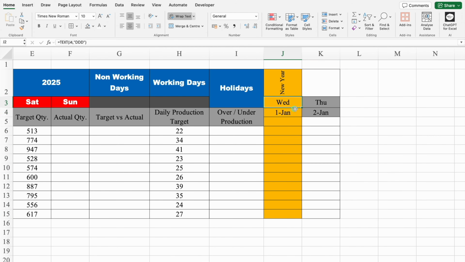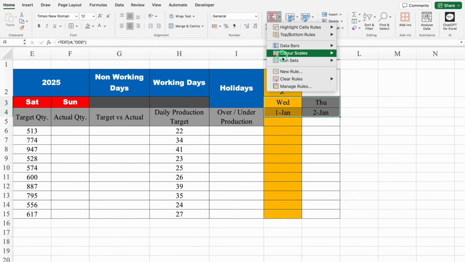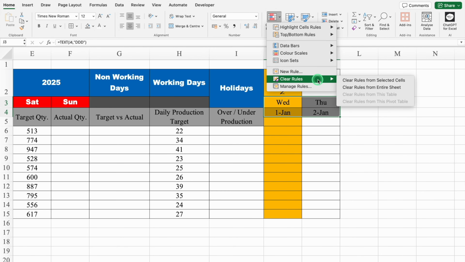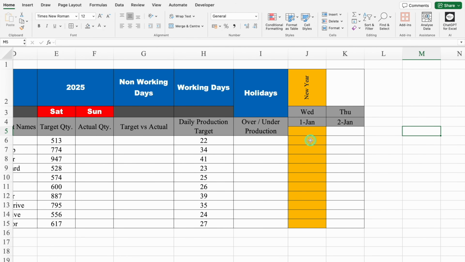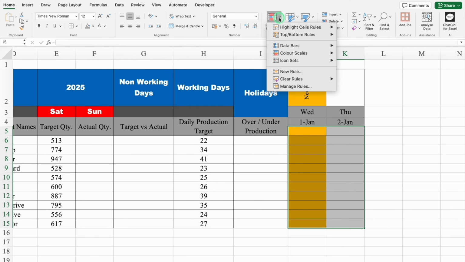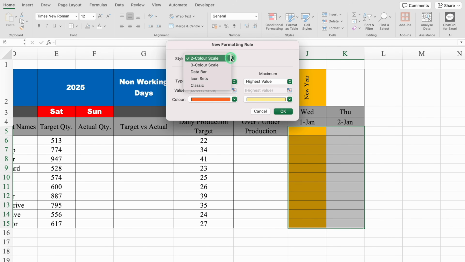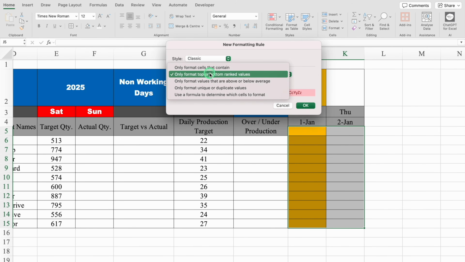I'll click my days and dates and we'll go to conditional formatting. We'll come down, clear rules, and we'll select clear rules from selected cells. We'll increase size of row number 2. We'll come little bit left. We'll click just under first date and we'll select next date also, and we'll select till bottom. We'll go to conditional formatting, new rule. From here I'll be selecting classic,